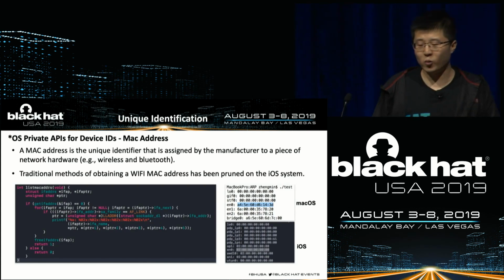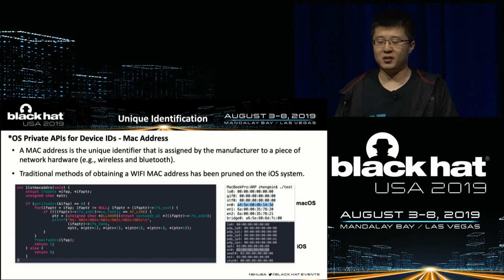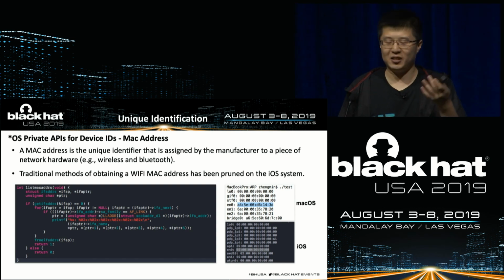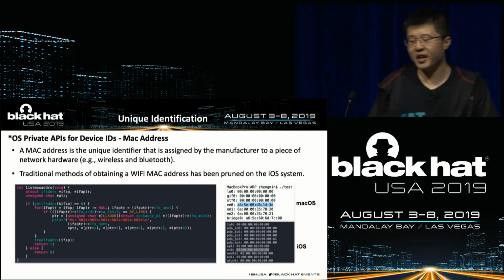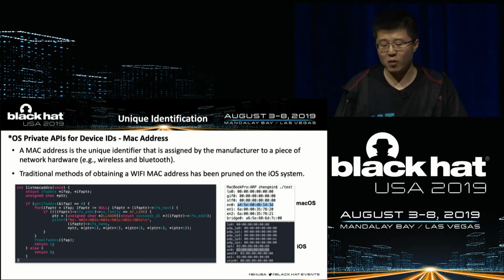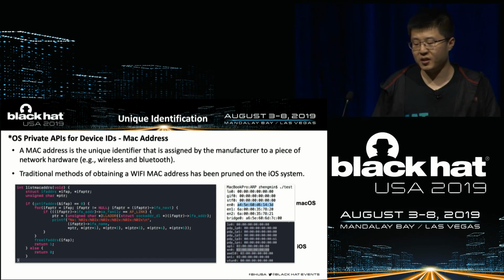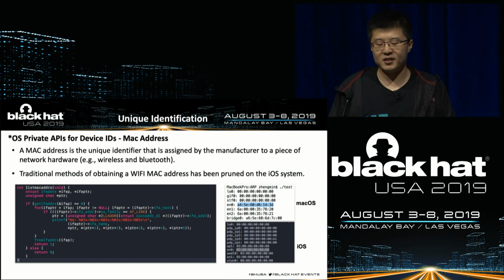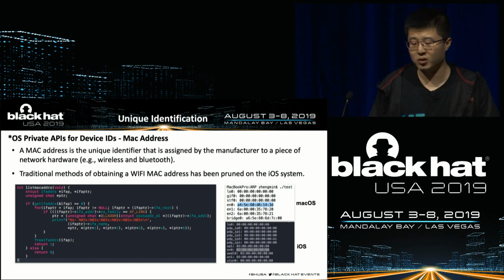So is there a way to get hardware-based device IDs without privilege escalation or jailbreaking? The answer is yes. For example, the MAC address. A MAC address is a unique identifier assigned by the manufacturer to a piece of network hardware, for example, wireless and Bluetooth.